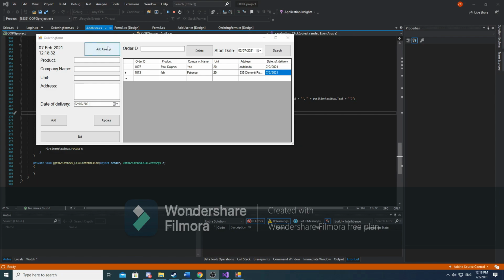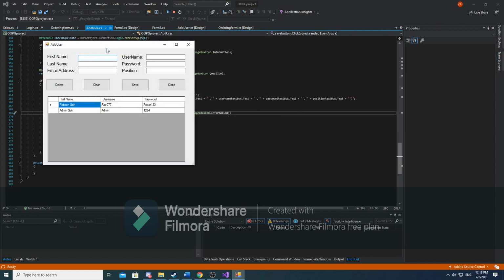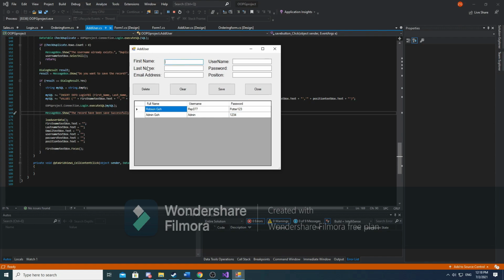I also have a register where you can add more users into the data. So when I come in here, I'm able to input the first name, the last name, the email address, the username, password, and put in the position itself. So let me show you an example. For this example, I put in the first name and the last name, the username and the password. When I press save,